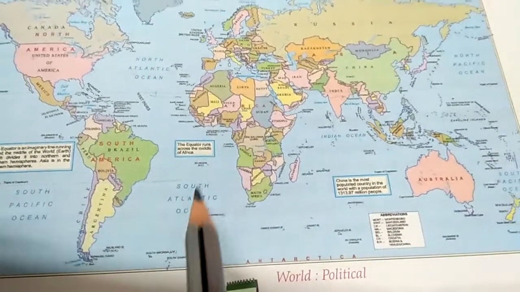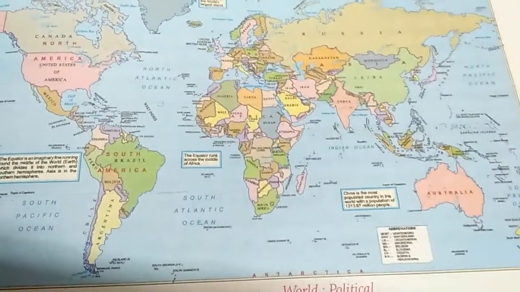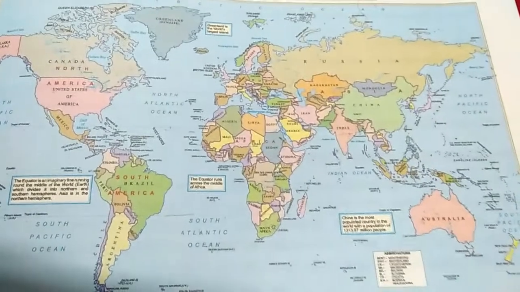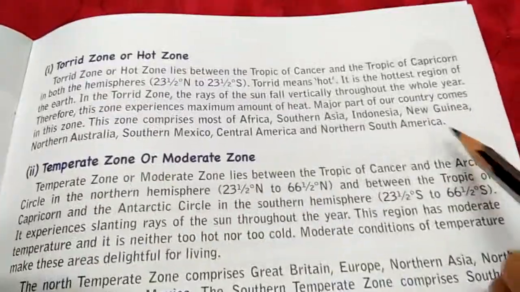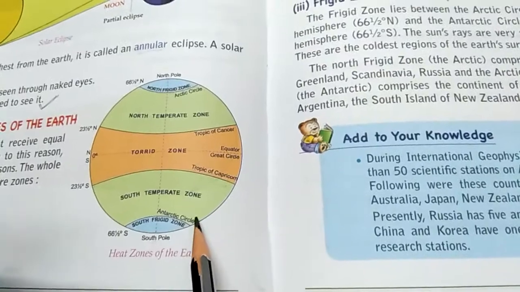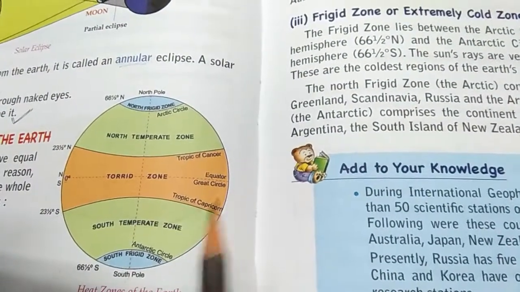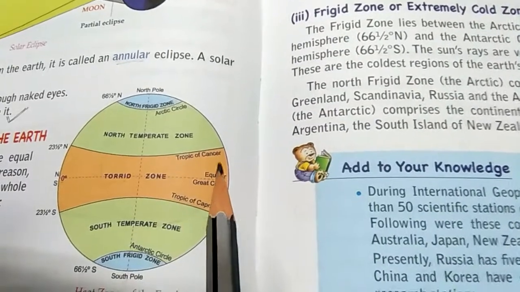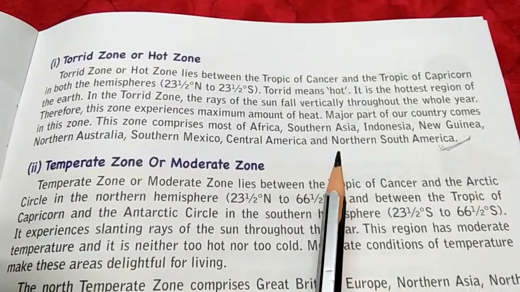I hope you have understood the torrid zone, and then in the next video I will continue. So torrid zone, you read, today we will discuss up to here. You read this paragraph, draw this diagram, and the map also. You can take a glimpse of the map of India and the world map to understand what is the torrid zone, which are the countries which come under the torrid zone.